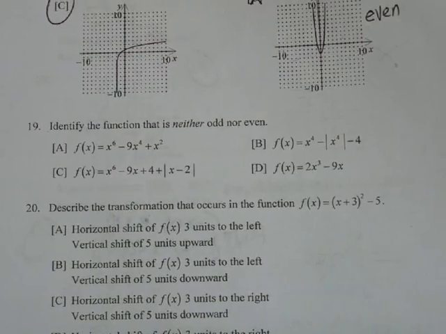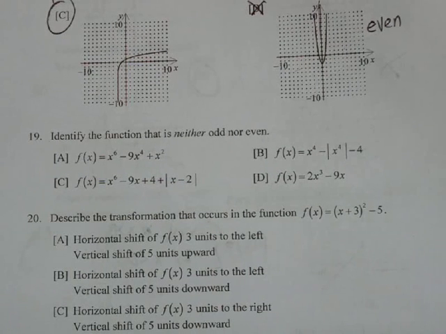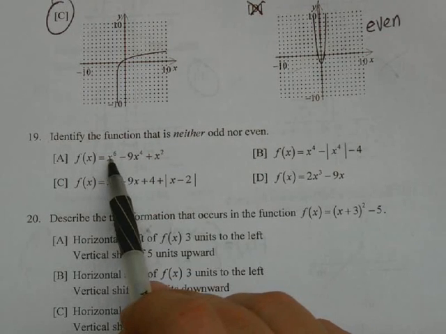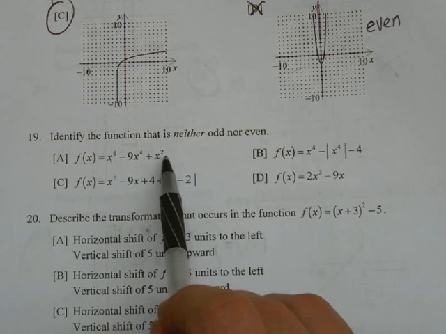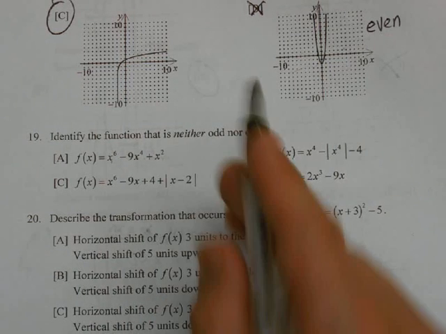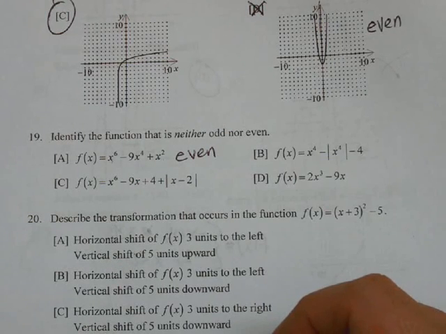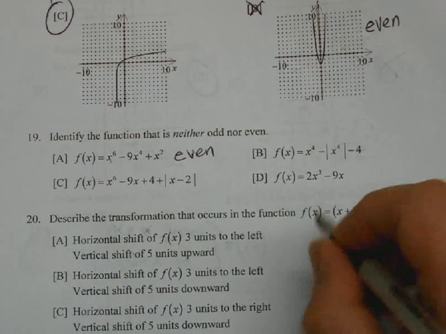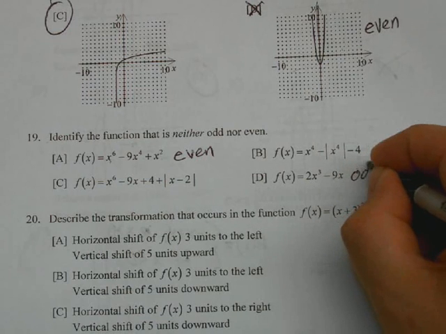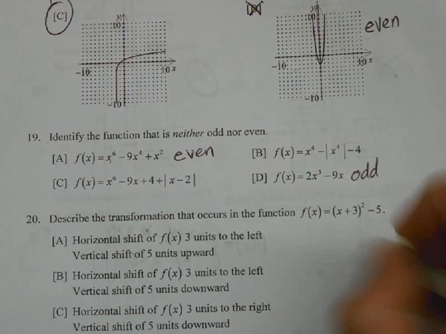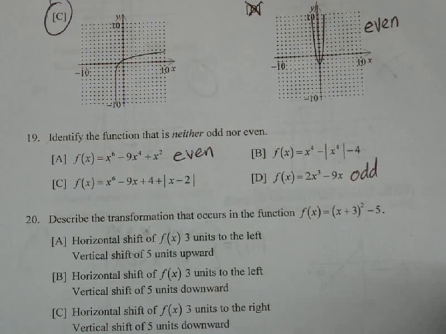Okay. Number 19, identify the function that is neither odd nor even. Now, the little shortcut is if you have a polynomial, if all the exponents are even, then it's an even function. So this one's even. If all of the exponents are odd, then it's an odd function. Now notice that both B and C have absolute value features in them. So if we use our rule,